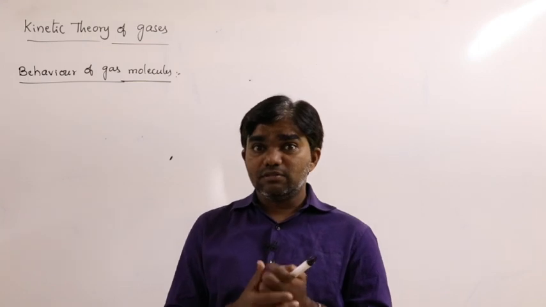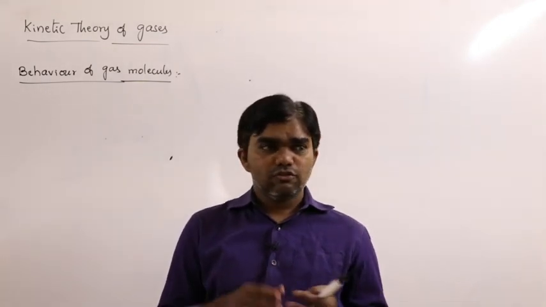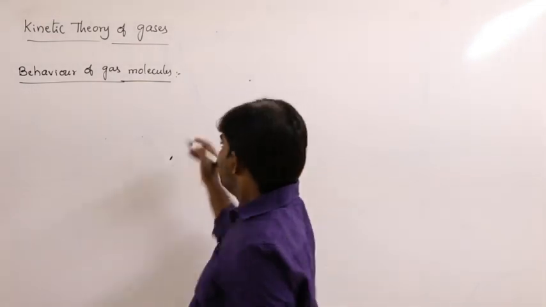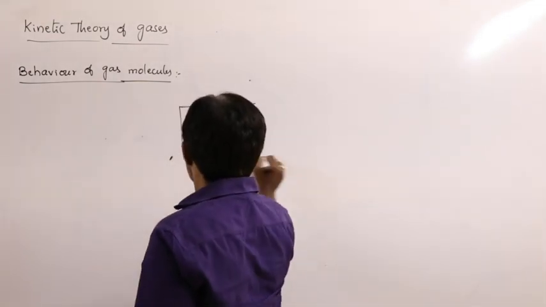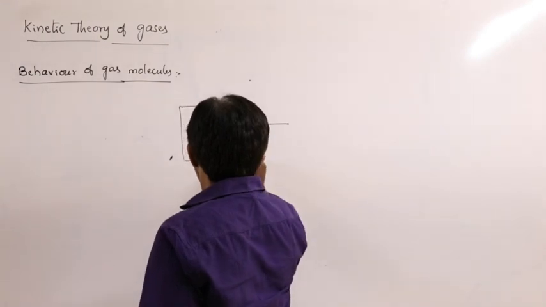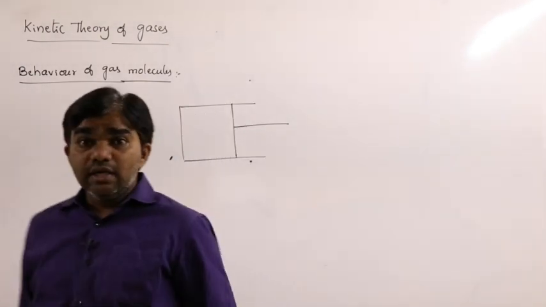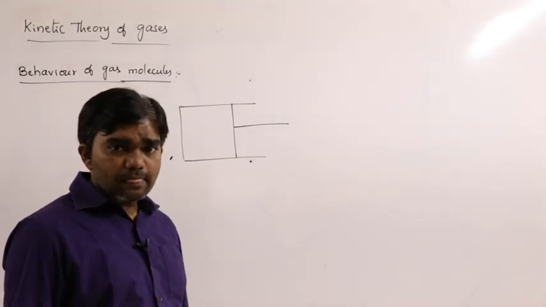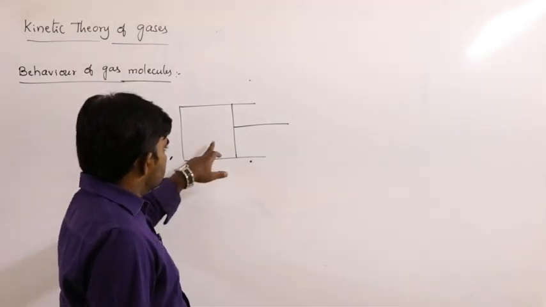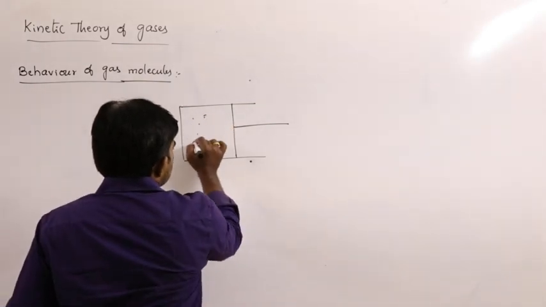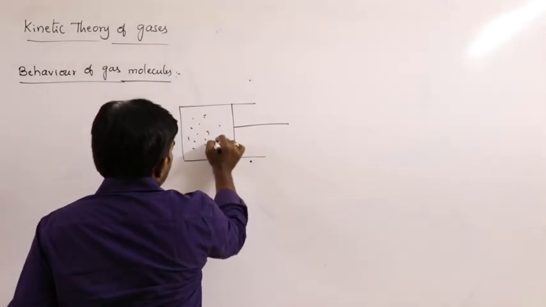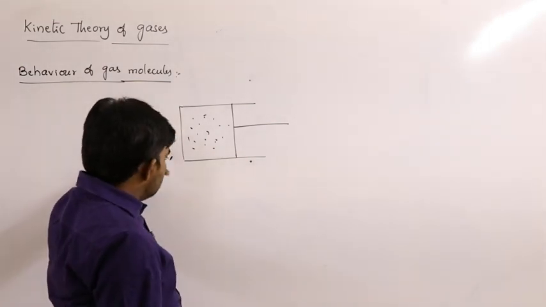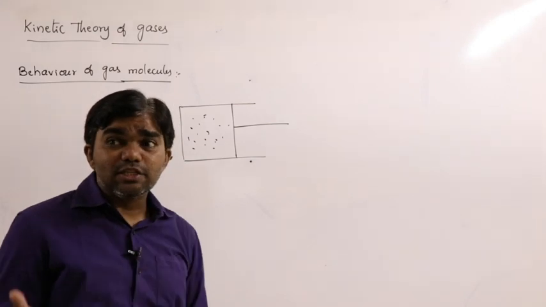Change in temperature of the system of gas molecules we can observe. For example, if the temperature increases, the volume of the piston changes, as we already discussed in thermodynamics. Let us say a cylindrical vessel with a movable piston like this. Here a certain amount of gas is taken into this cylindrical vessel. If we supply heat energy, the system expands.